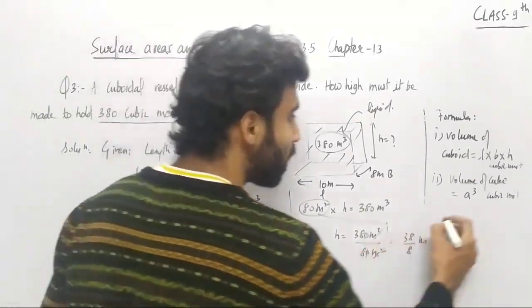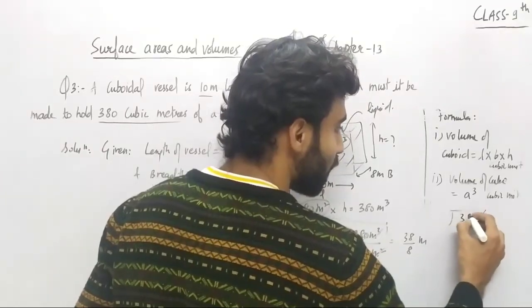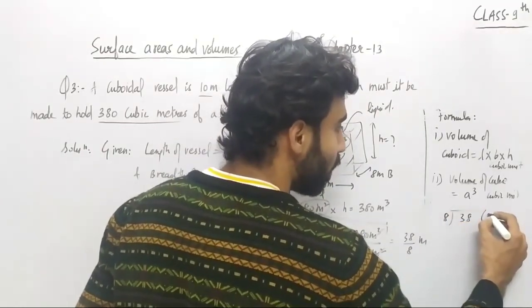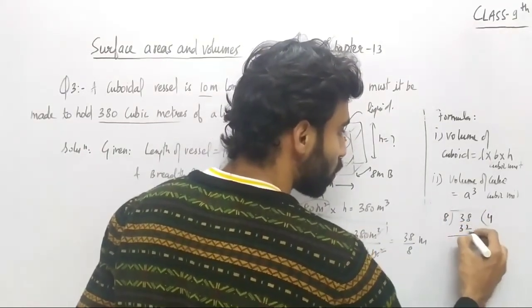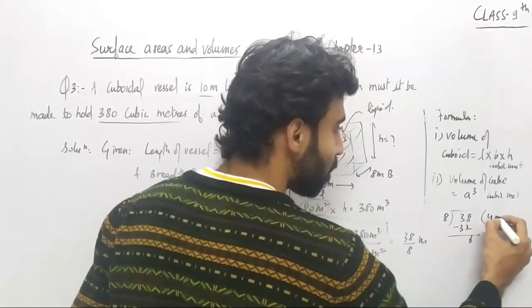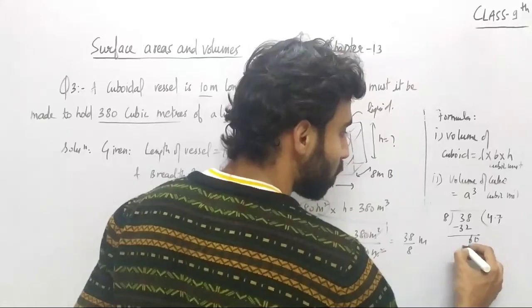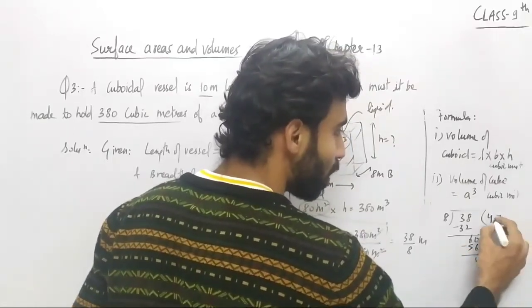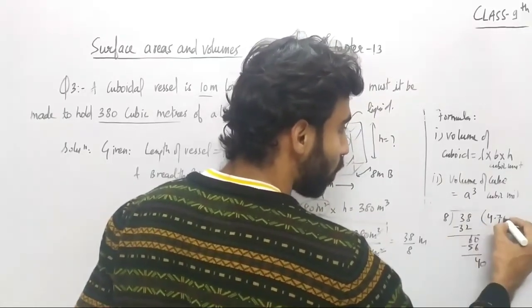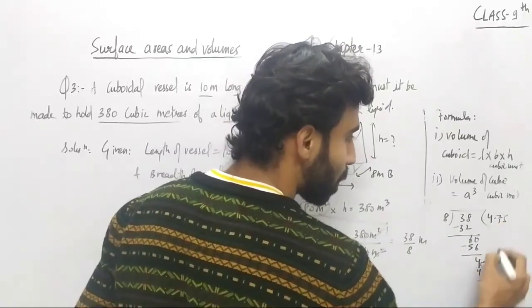So if I just divide this, यहाँ पे आप देख सकते हैं 38 को अगर मैं 8 से divide करूँ, so 8 4s are 32. So subtracting it will give 6 here. Then a decimal, then a 0. So 8 7s are 56, minus that will be 4. So decimal लगी हुई है, that will give 0. 8 5s are 40, right? So आपके पास कितना आ गया,